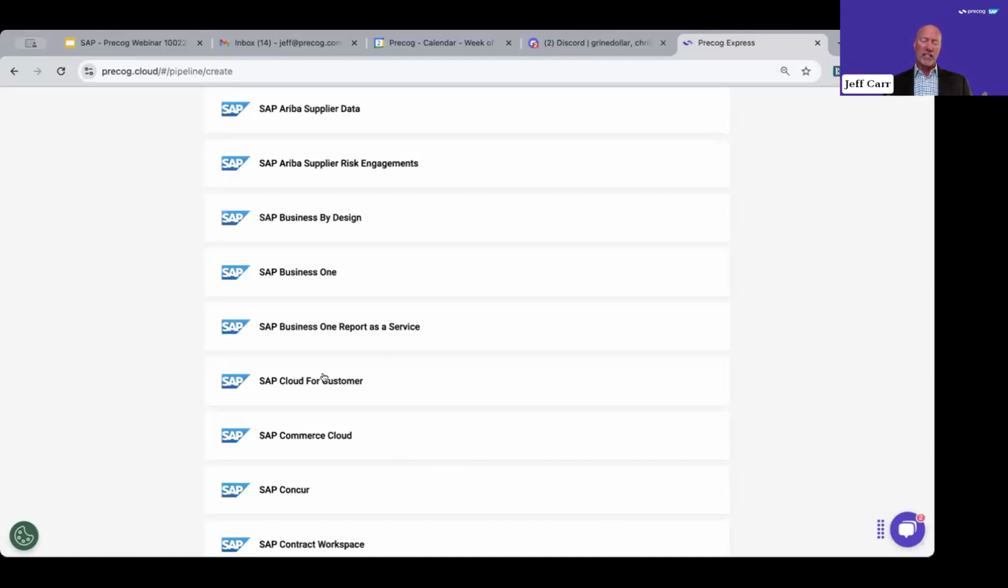And so the easy way to think of it in Precog is we really don't differentiate between custom and non-custom. It's all just data, and we're going to capture all of the fields that come back in that API response automatically. So that is a big part of the value, and in many cases, the reason we're able to start flowing data so quickly is that we have no notion of needing customizations in order to capture all of a customer's application data.